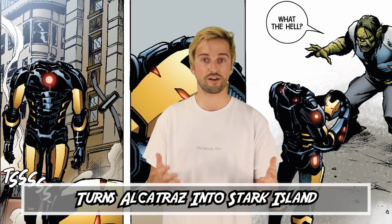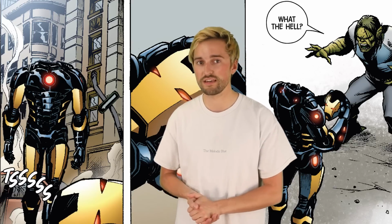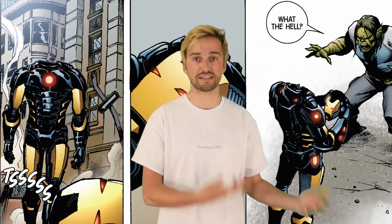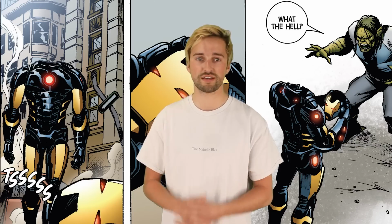At number 7 is that Superior Iron Man actually turns Alcatraz into his own evil lair. After Tony Stark moves to the West Coast, the app isn't the only thing he creates to get himself more power in the city. He also makes the decision that he wants to settle down and buy some property to help strike up business with other investors. But